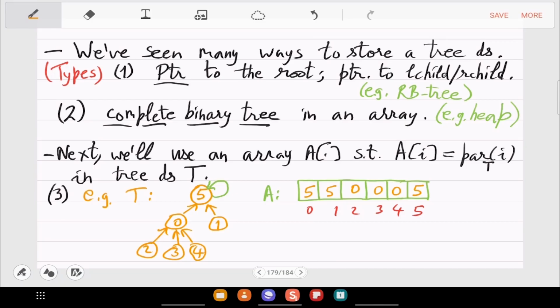Okay, so this is a completely new way of storing a tree data structure, without any loss or extra information. So this signifies the root.